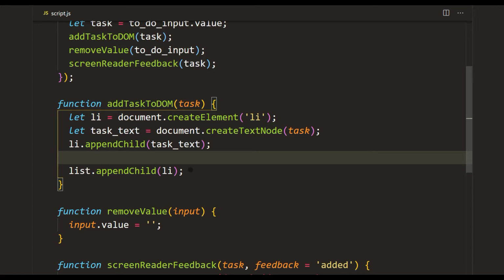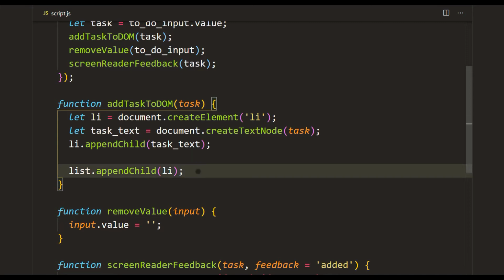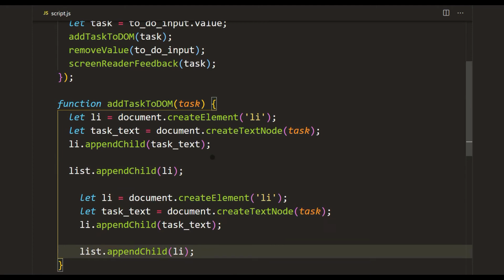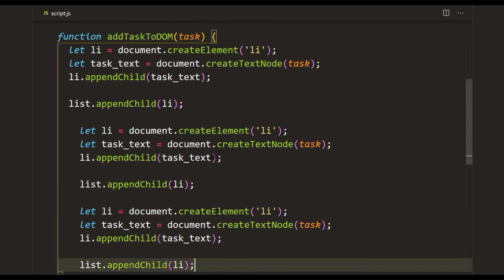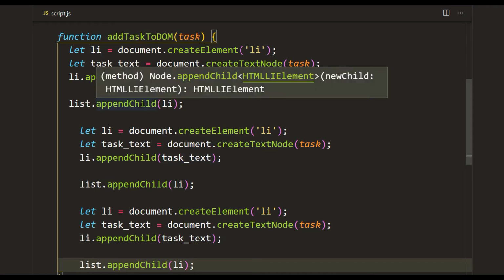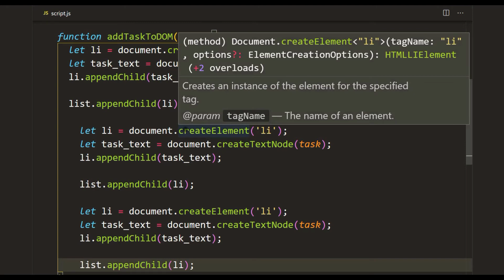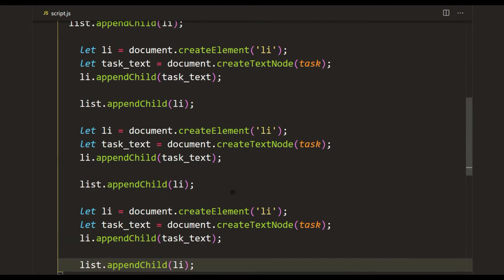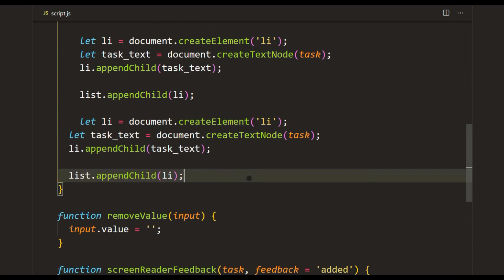But since JavaScript's API for creating elements is very verbose, and frankly it's not a good one, what we've got to do is copy this 3 more times, because we need to create 3 elements at once. We need to create an li, and the li needs to have children of a label, an input of type checkbox, and a button. So we need to create 3 more elements. We have to copy and paste the code all the time.